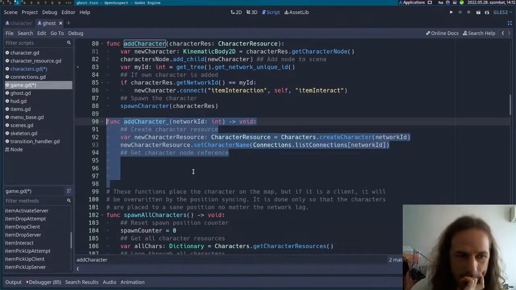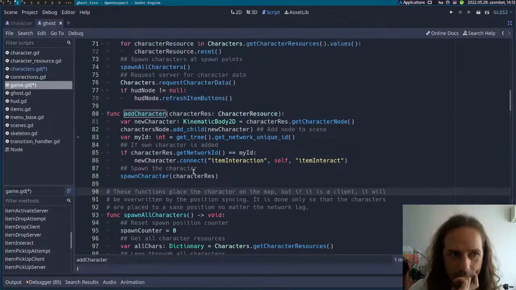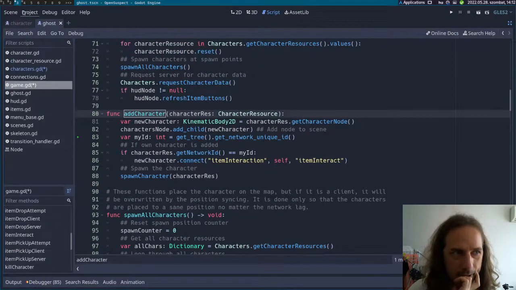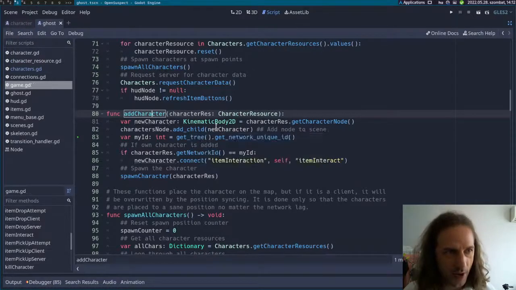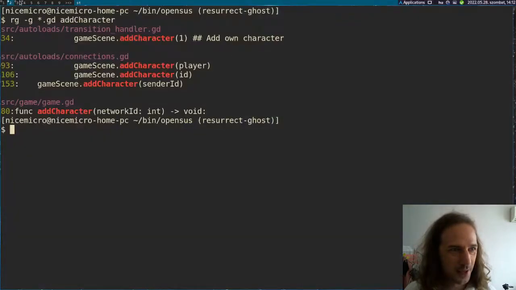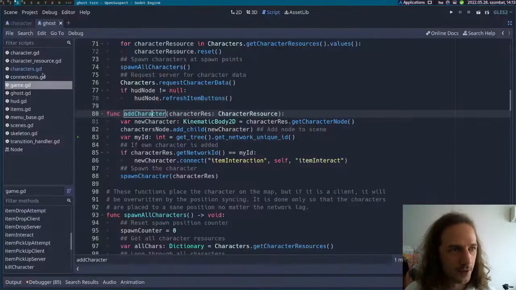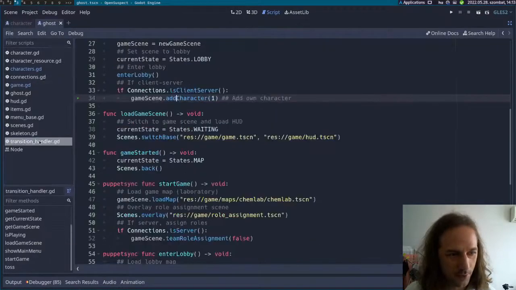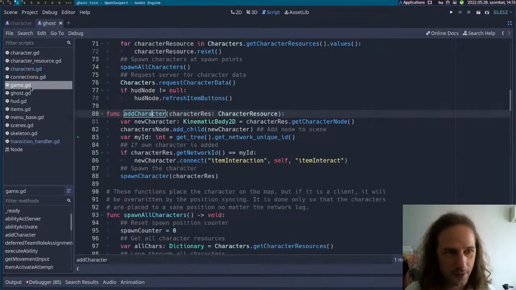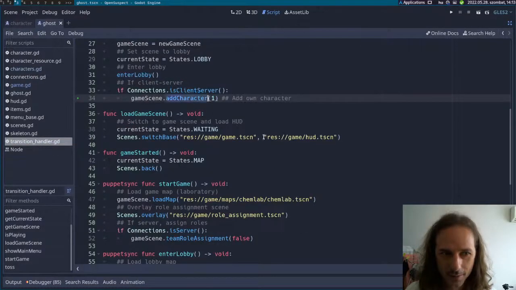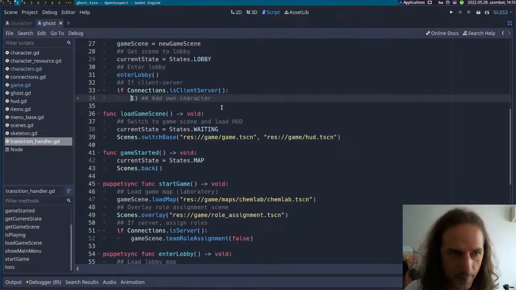And I can just remove this function, and all the places where this add character was called will hopefully break. And I will get all these transition handler 34, for example. That should give me an error. No? Oh no, because it's, oh no. But anyway, what we do here instead is